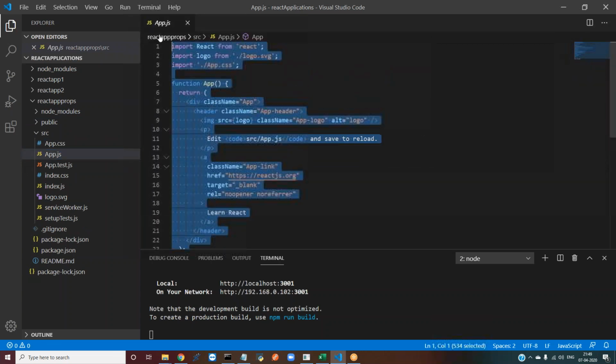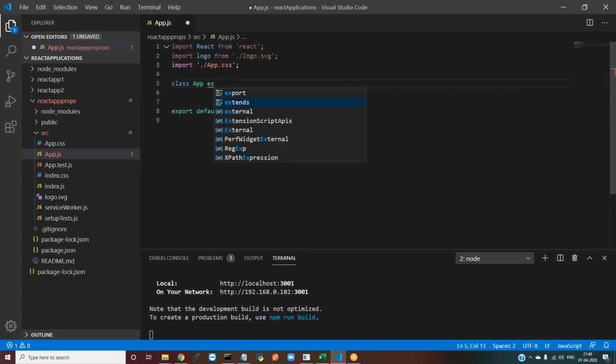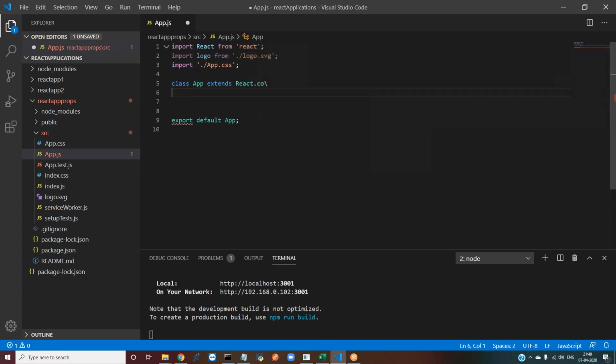Here I'm going to create one component, a class App extends React.Component, or just Component, directly you can take anything. So I'm creating one class.